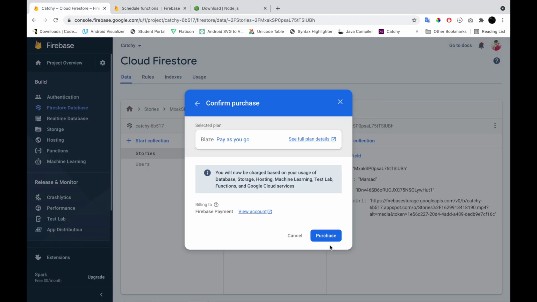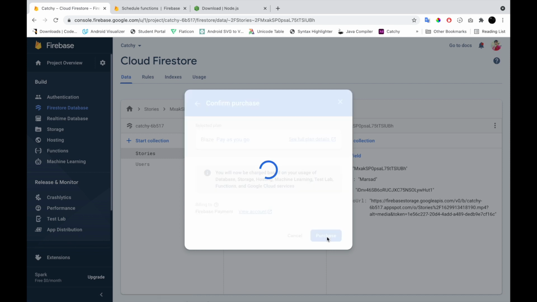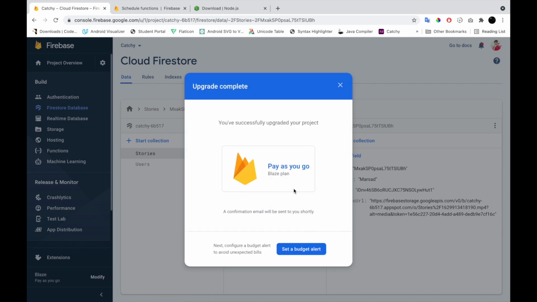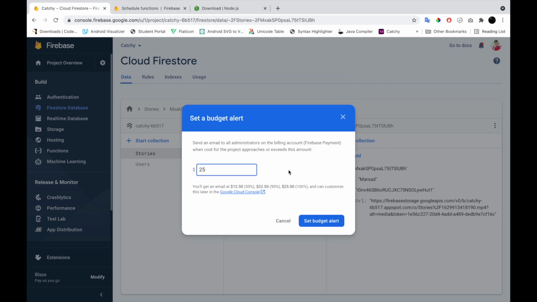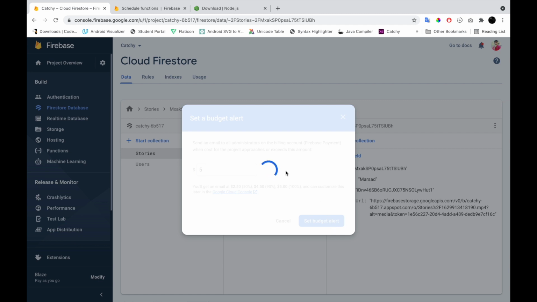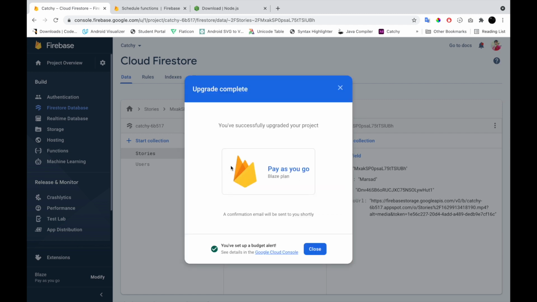And here select plan. Okay, if you are using it for the first time, then Firebase will ask you for a payment profile. You need to create a payment profile. After verification, you will see your view account option here. Now click on purchase. Okay, project upgraded, and here you can set a budget alert. Okay, close this dialog and